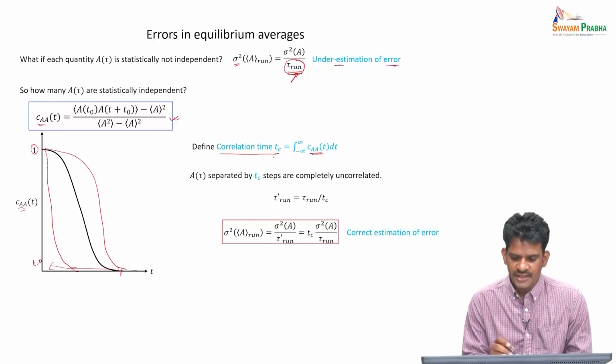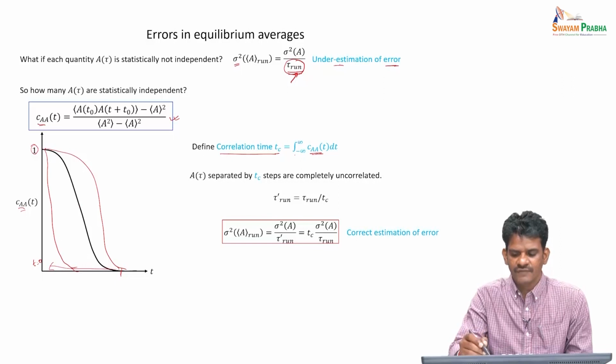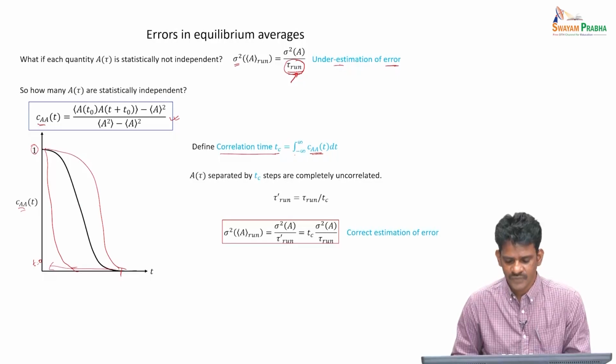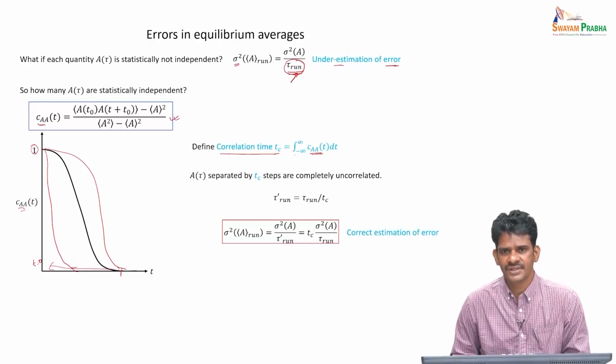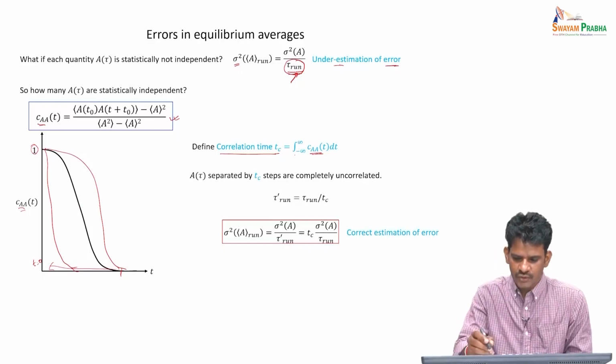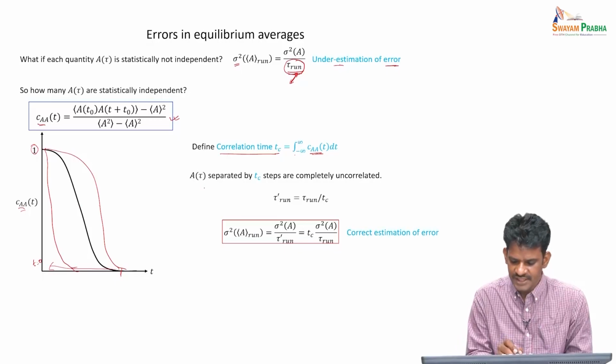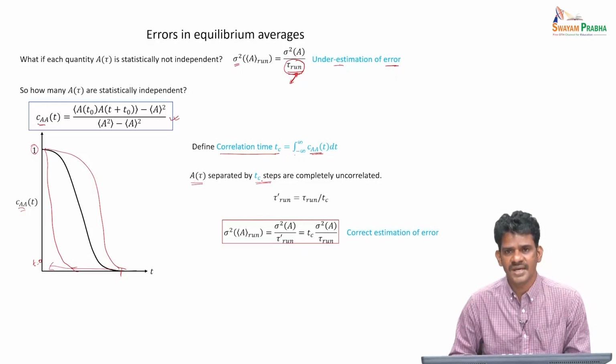So then in the actual data set that we have, we have not taken care of this correlation time while printing the data. We may not have known the correlation time, so we would have arbitrarily fixed a certain interval with which we would have written the data set. So now going back to this particular number of data sets, we see that the A of t values that we have stored are statistically independent only after tau c time steps.